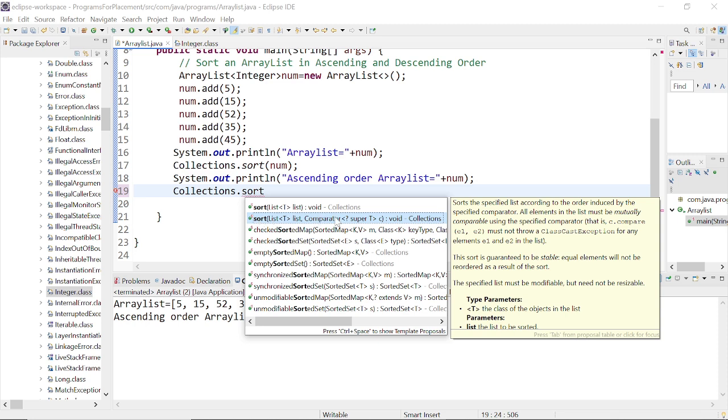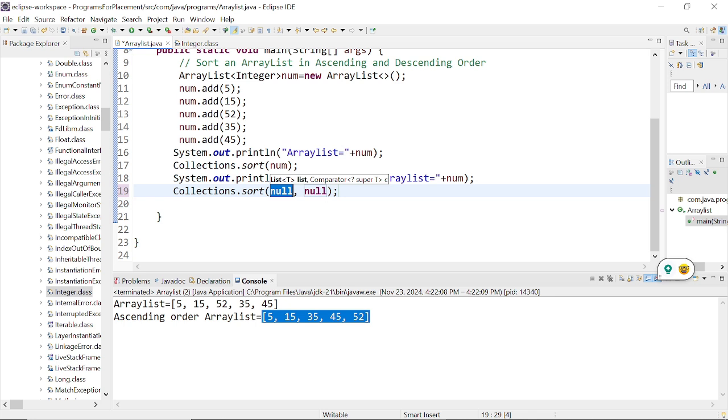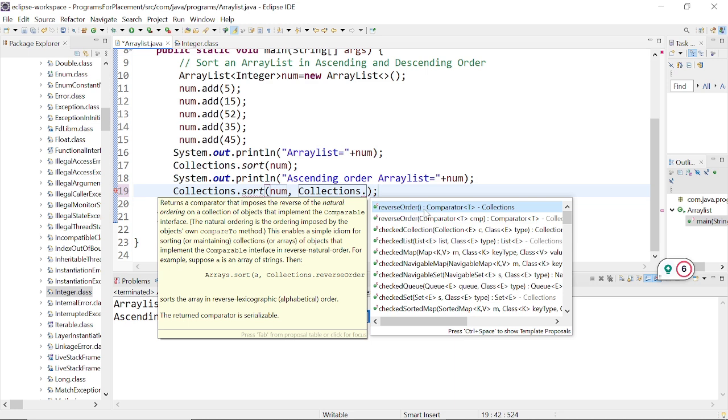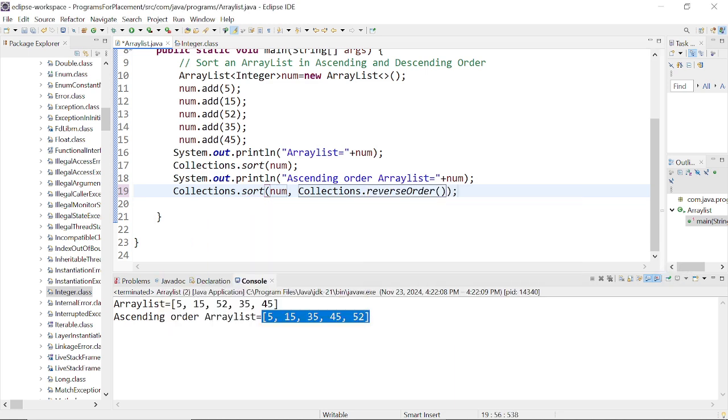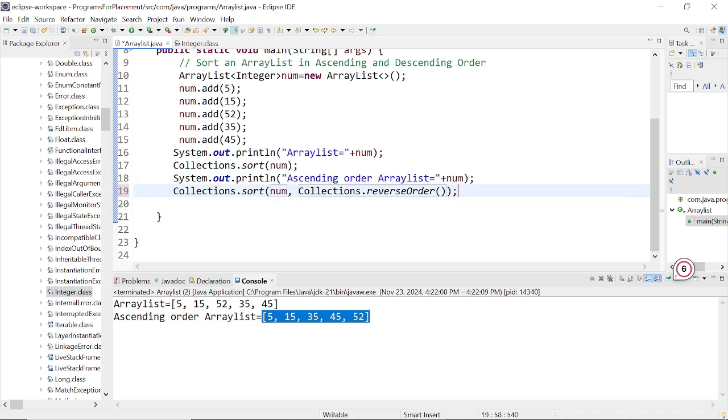So I use this comparator, and there are two parameters. First one is our list, so I use list, and second is comparator. Okay, so I use Collections.reverseOrder. Okay, so I use this reverse order, and after reverse order I print here its sequence